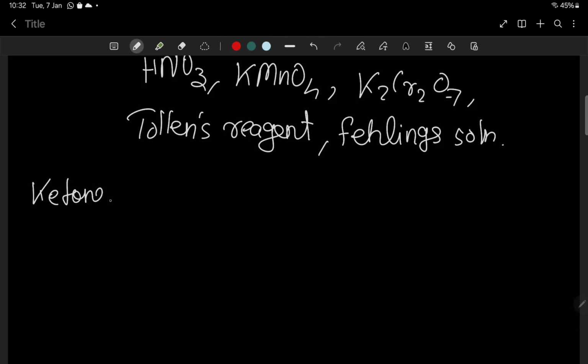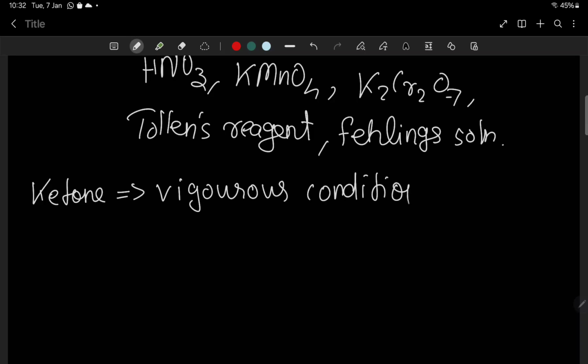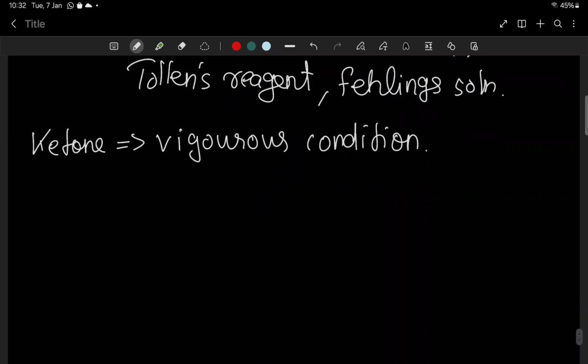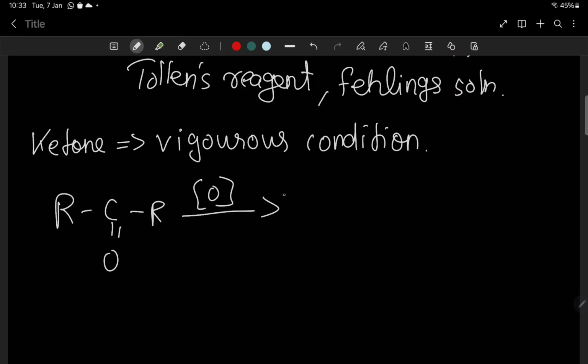Ketone: only under vigorous condition does it undergo oxidation. What do we get if a ketone undergoes oxidation? Under vigorous condition it does undergo oxidation. We get RCOOH plus